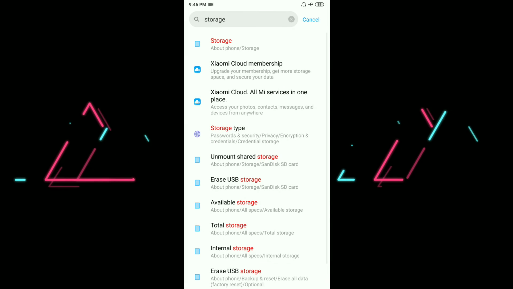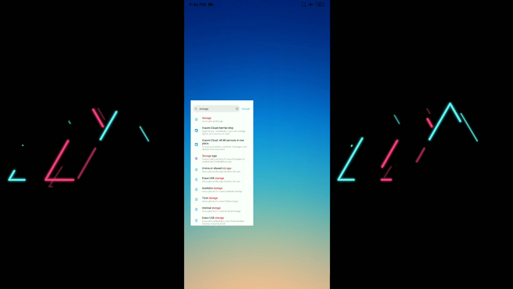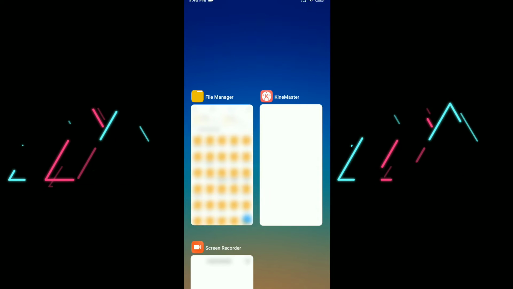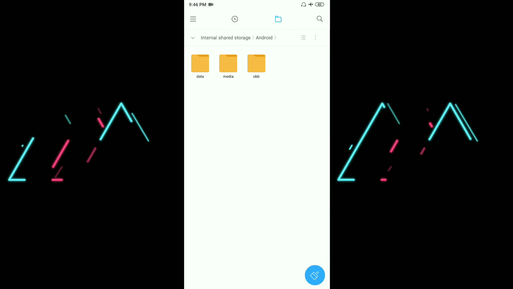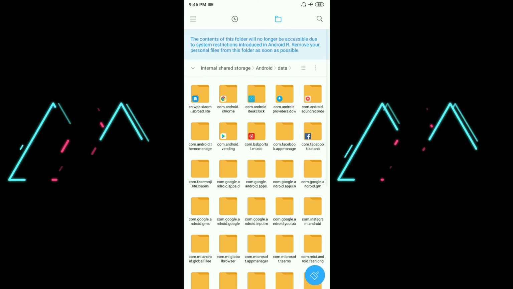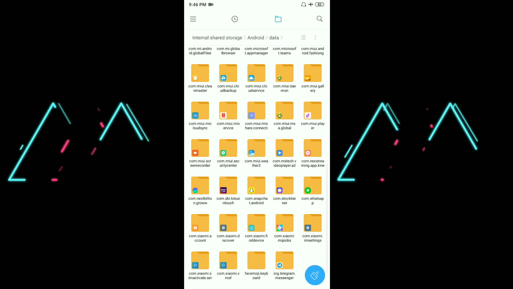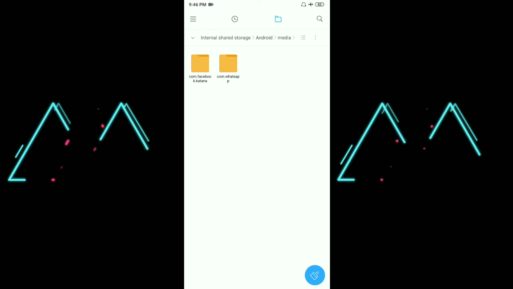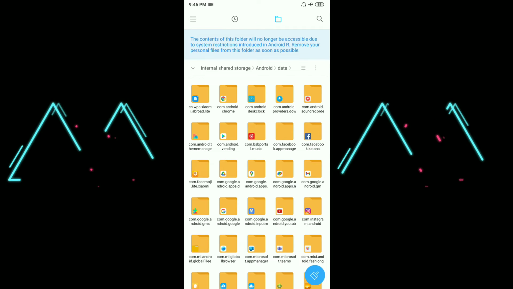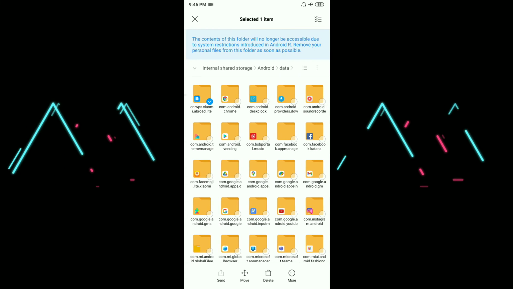You also have another option. You can delete the cache data, and also in the file section you have one Android folder, this one. You can delete all the media data files, all the media files, all the OBB files. They are not required. They are created when your app is used and temporary memory has been created.